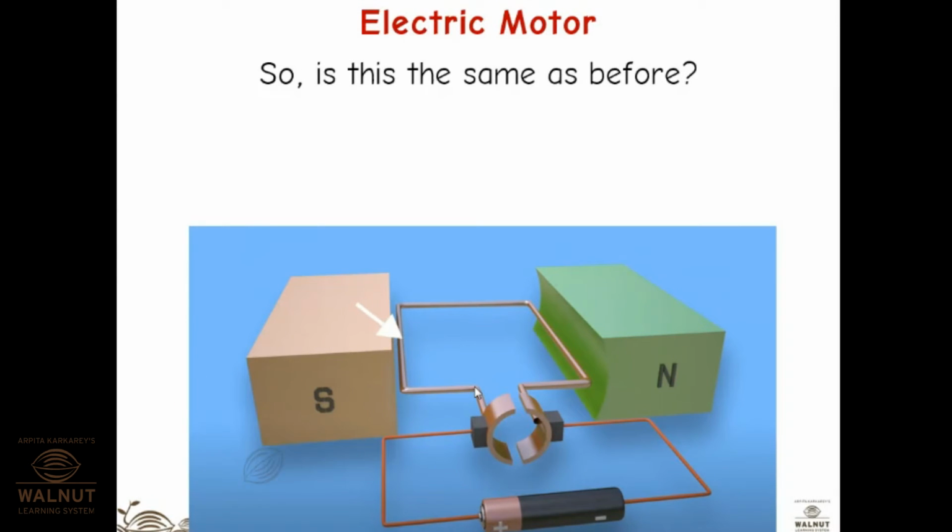Now what we have seen, if you remember, when we were discussing this side of the coil, what was the direction of the force? This side of the coil was always, yes, upward, and this side of the coil was experiencing a downward force. But just imagine, this requires a lot of imagination. There are split rings and commutators, but if there were no split rings and no brushes, what will happen in that scenario?